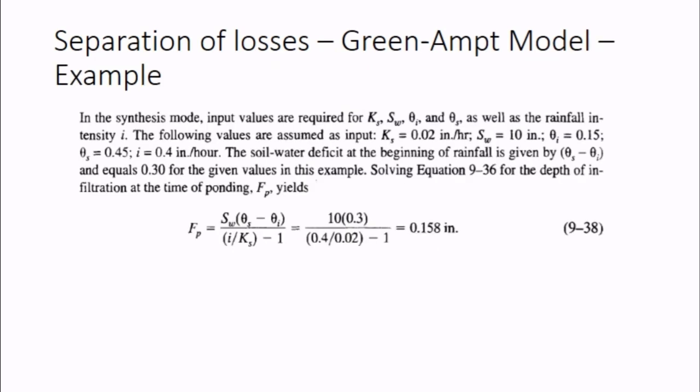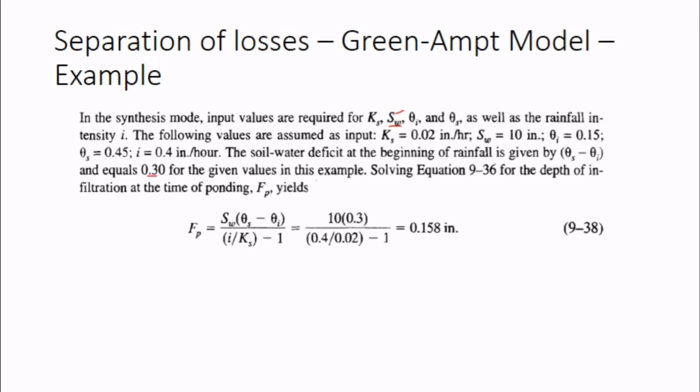In the synthesis mode, input values are required for KS, SW, I think property ng soil. Yan, so nakalimutan ko eh. So yan, sa book naman ito, saka sa module. And then theta sub I, mga moisture content, as well as the rainfall intensity I. So the following values are assumed as inputs. So yan. And then the soil water deficit at the beginning of rainfall is given